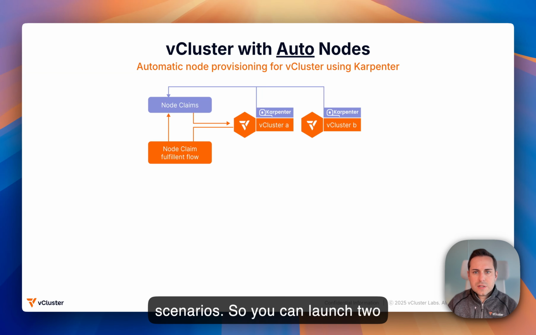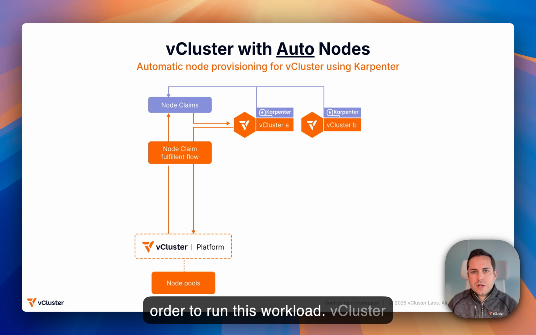So you can launch two vClusters with 0 nodes on the same host cluster, and they're not configured to use any of the nodes of the host cluster either. Now you launch any workload in vCluster A or vCluster B, and what Karpenter does is create a so-called node claim. It means I need a specific type of node in order to run this workload. vCluster platform will see this node claim and will try to fulfill it based on the node pools you specify